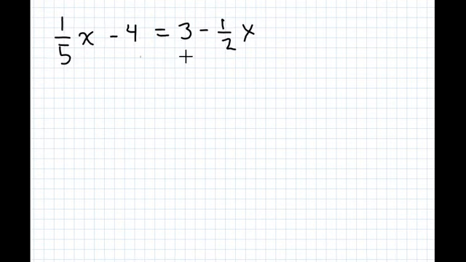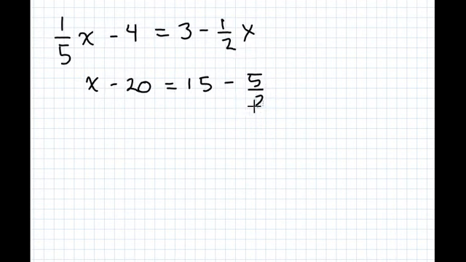already. So we want to solve for x in this problem, and what I'm going to do here is get rid of these fractions. I'm going to get rid of this 5 and this 2 down here in the bottom, and I'm going to do that by multiplying through by 5 to every term in this equation. And so 5 times 1/5 is just 1, so we'd be left with x minus 5 times 4 is 20. 5 times 3 is 15, and 5 times a half just becomes 5 over 2